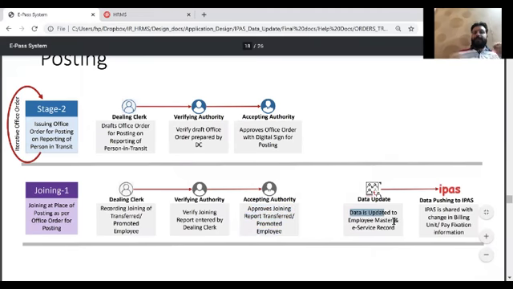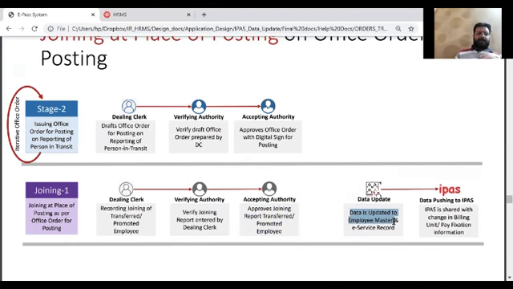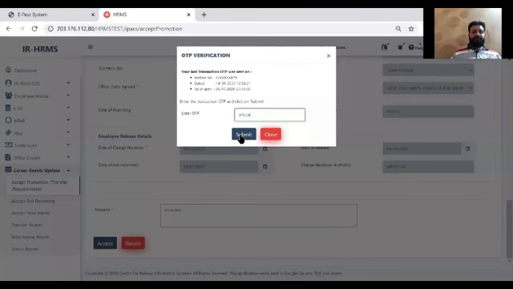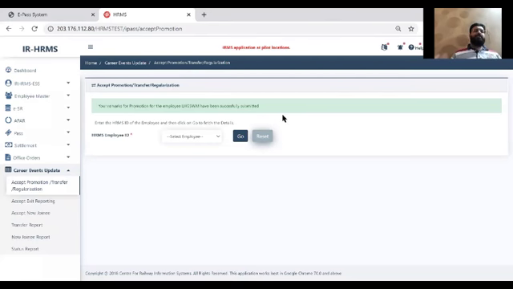We are going to update the employee master record of current detail. We are going to update the e-service record. Based on the type of office order, we are going to update the promotion tab, transfer tab, or deputation tab in case of deputation out. So we are going to add one new row at the end of the tab. The status of the tab will be exactly the same. We are not going to update the status of the tab, but we are going to append a row at the end. Then we are going to push this information to IPAS for salary creation. So that's why it is important to have this information correct. So when I click the submit button, and boom, this information is submitted.